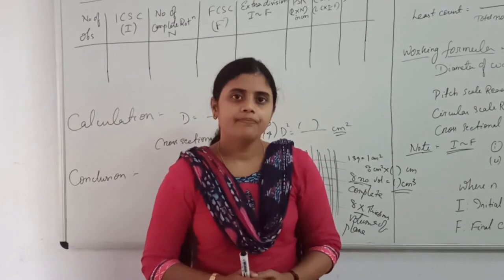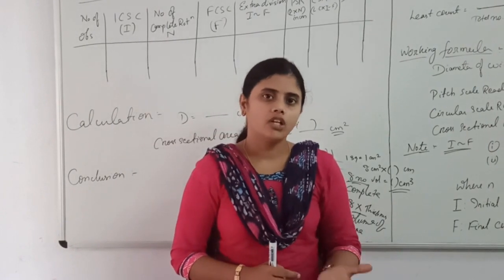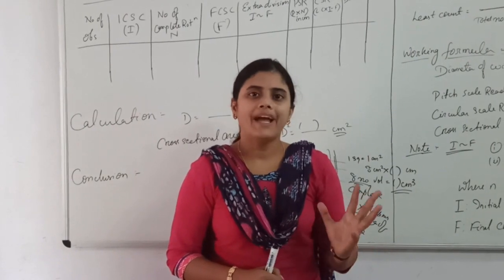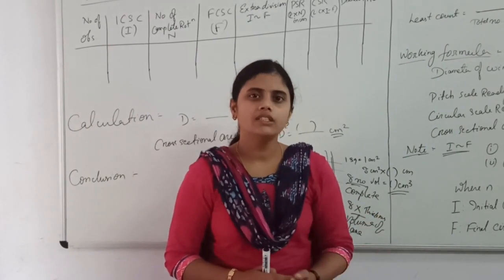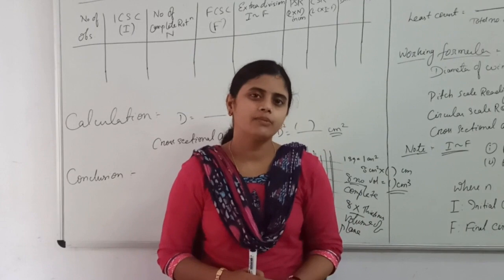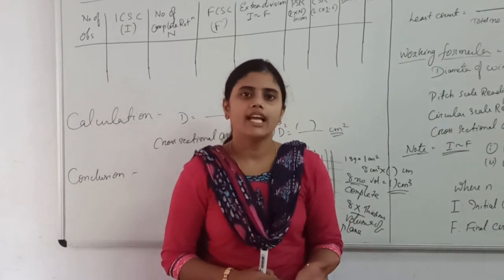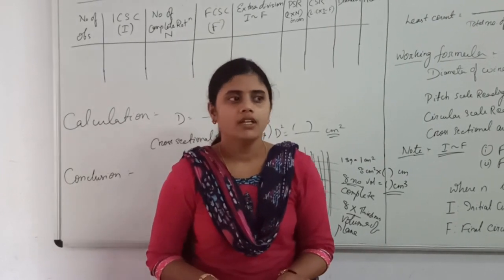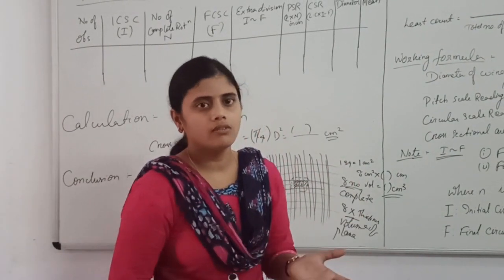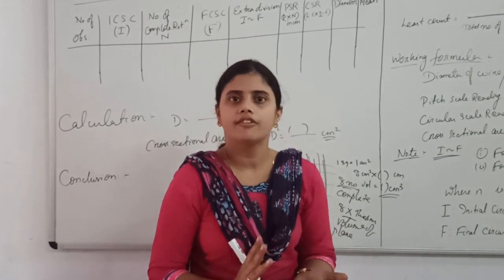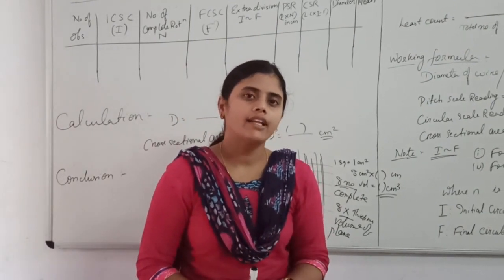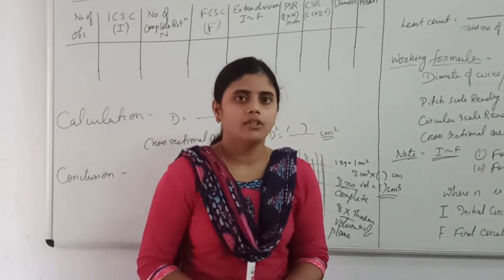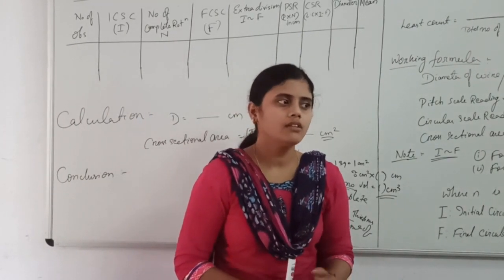In case of error, like in vernier caliper we found out the error. In screw gauge also we have encountered backlash error. But in case of screw gauge, that error is very negligible. So generally we avoid the calculation of error in this instrument. The only motto of our experiment is to find out the initial circular scale coincidence, number of complete rotations, and the final circular scale coincidence. The error part is not included because it is very negligible, which is not necessary for the calculation purpose.